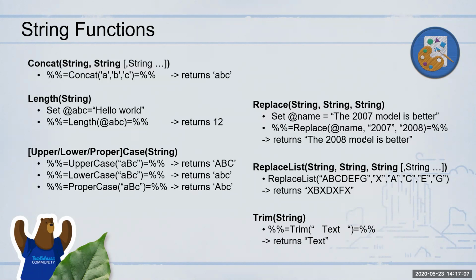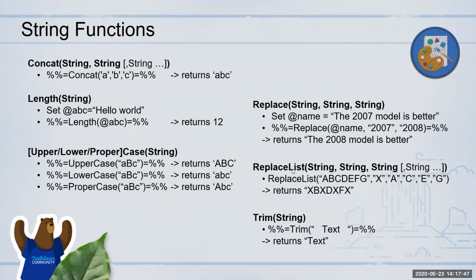Do not get confused. The replace one is just like in Java and others, have you seen? The first parameter will be the main big string where you have to search and replace something. Okay. In this particular case, this is the string that I want to change. The second parameter is what string or set of characters I want to search for in the big string. And then the third one is the replacement string that I need to put there. So if I say search for 2007 and replace it with 2008, that is how I use this particular function for replace.